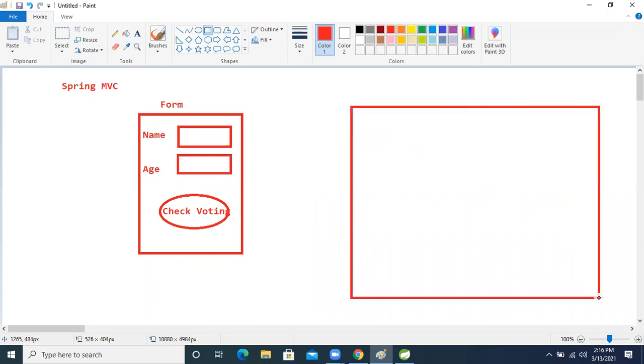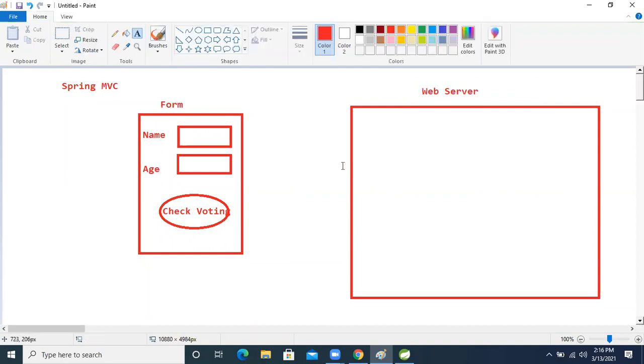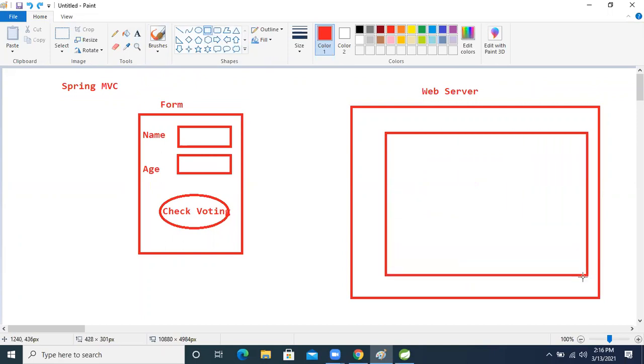Think about that you have a Tomcat server only. This is our web server. Inside that web server, our container is there. Which container? If a servlet application is running, it means Catalina is there.